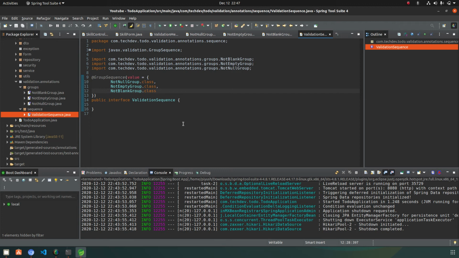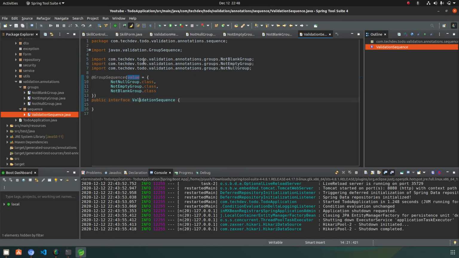So always you need to remember that whatever the grouping you are creating, grouping means sequence is more important than grouping, or you can say that they are interrelated to each other. For what you need to do a grouping? To validate that the constraint should be contained inside the group, and the sequence tells in which order that group should be validated. So we have just done here.